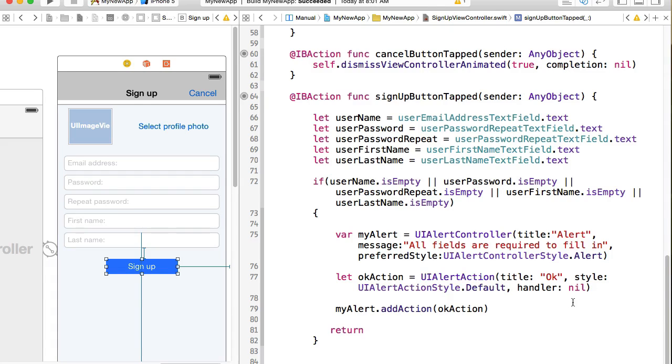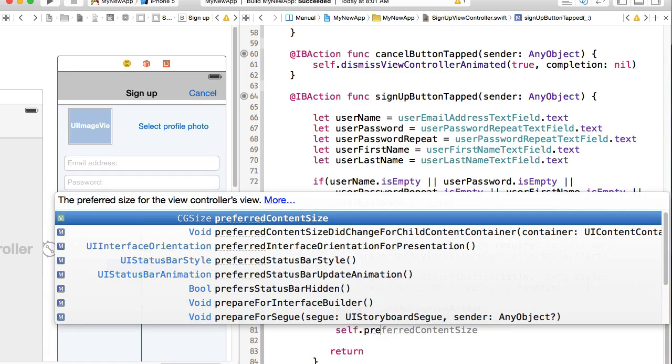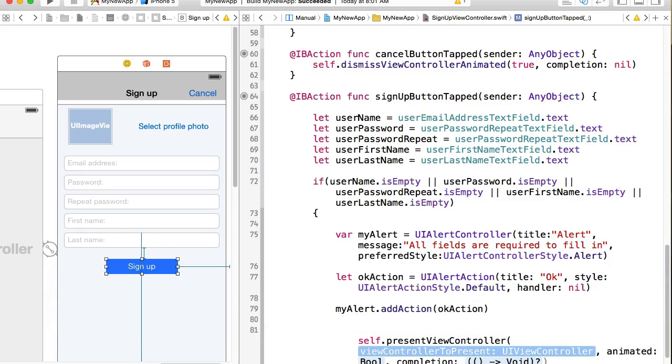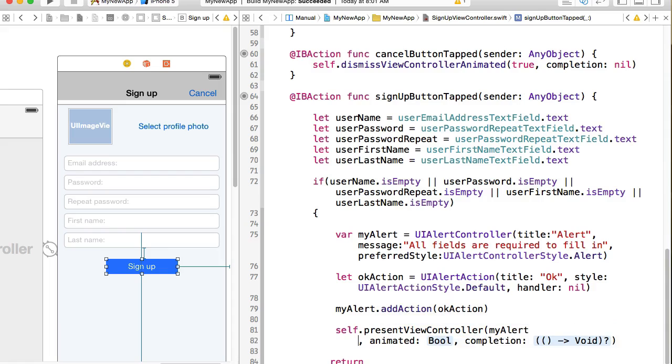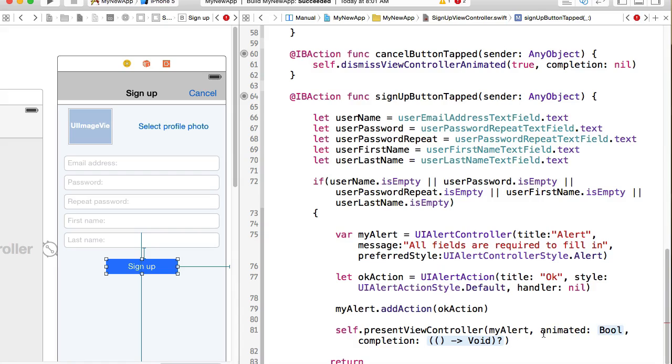And we can present this action. We need to present this view controller alert to a user by doing present view controller, and that's going to be my alert, animated true, completion nil. Okay, so if I build it,